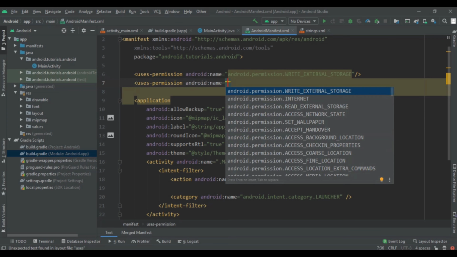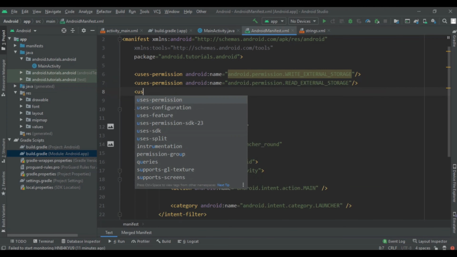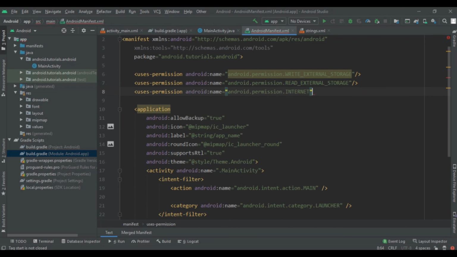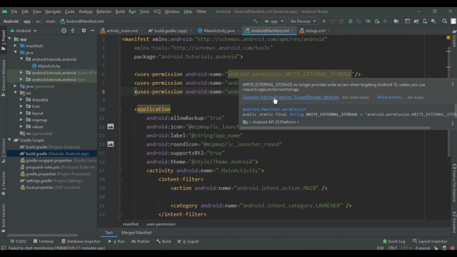Again write uses-permission and give it the internet permission so that we can access that image link and download our content to a specific folder. Now we are going to add this ignore scope storage so that we will get it in green.